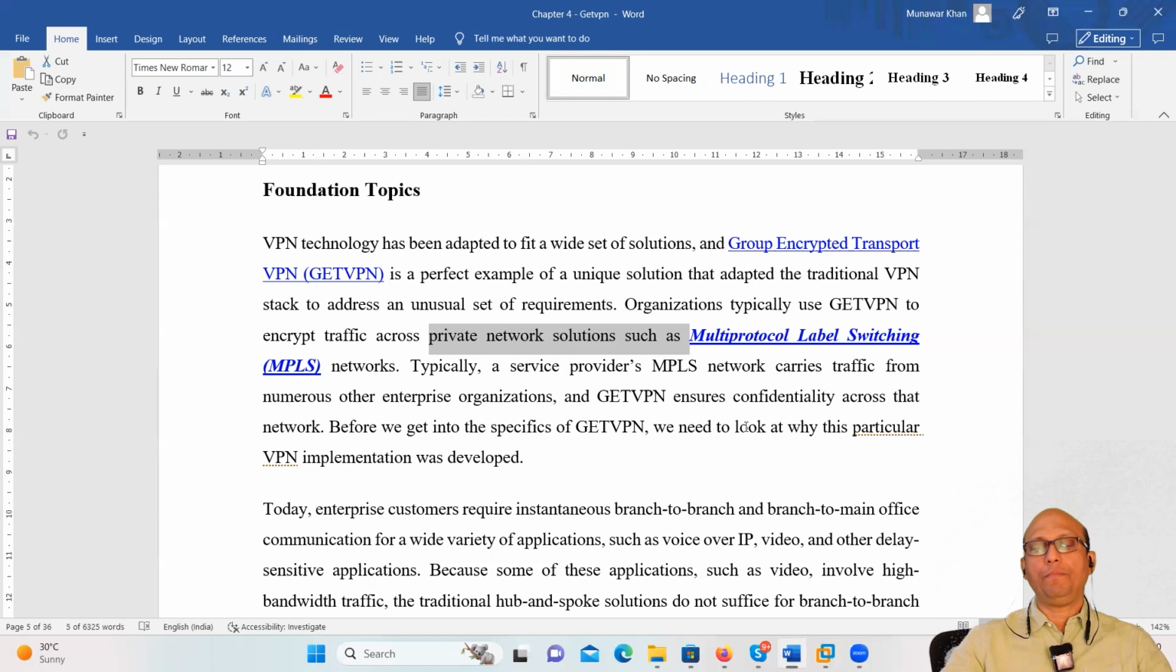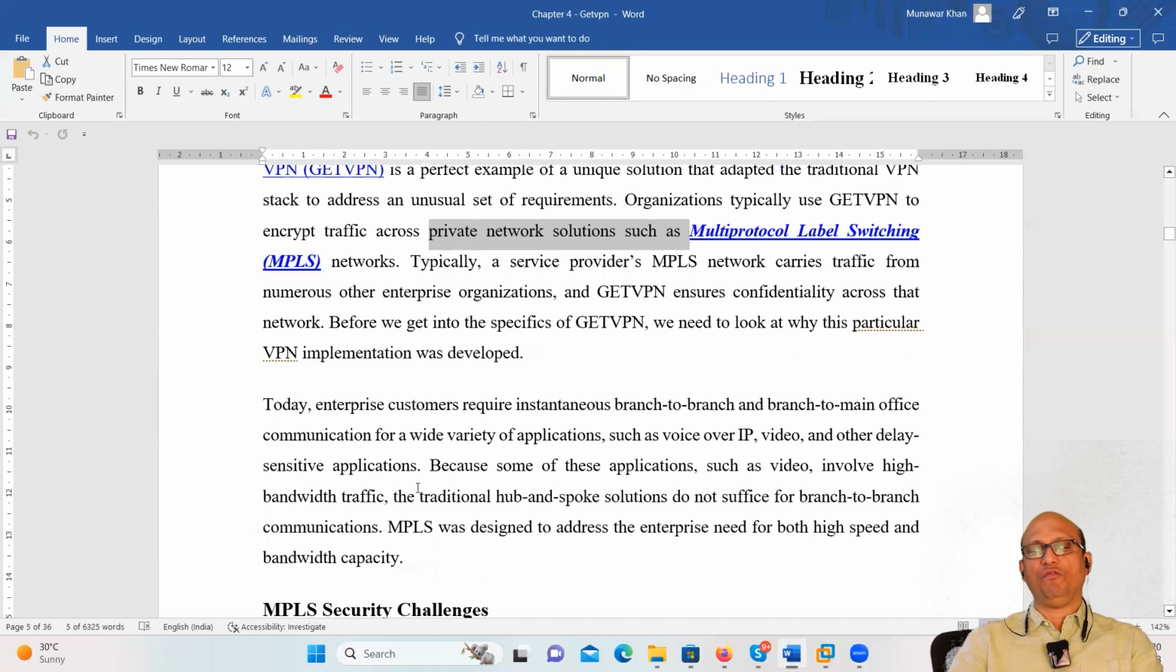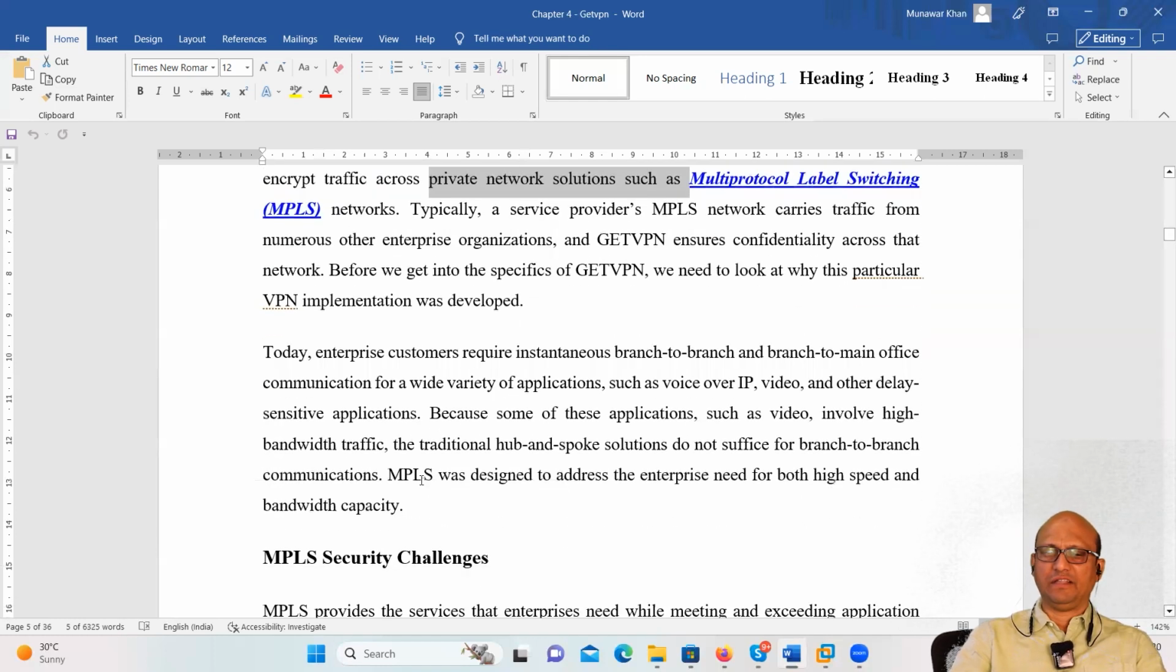Because see, there are many people from different locations, different castes, different creeds working in my office. I trust them. Okay. But still, I don't want to expose my personal things to anyone. So now you see, today's requirement of customers is they want branch to main office communication for a wide